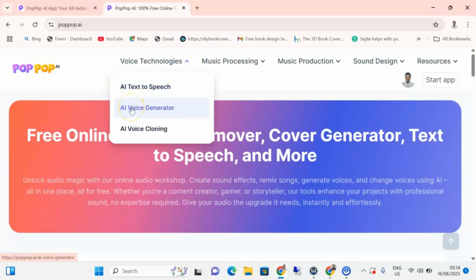Then also you can use this tool called AI voice generator. Then also AI voice cloning. That means you can say something on the platform and you can change the voice to your own particular character. So that is how you can use AI voice cloning.